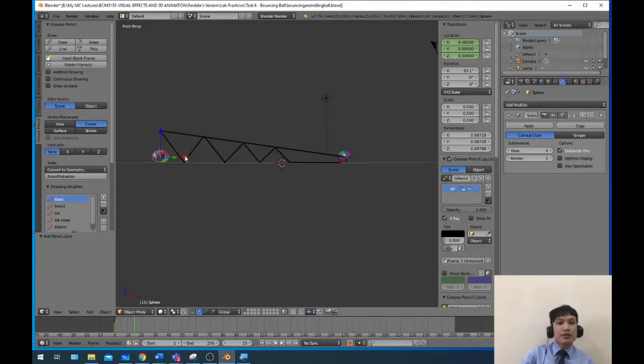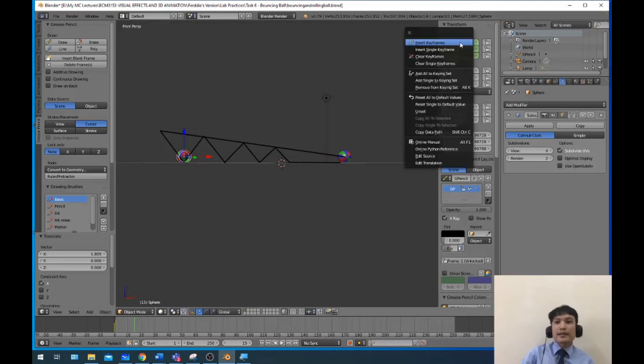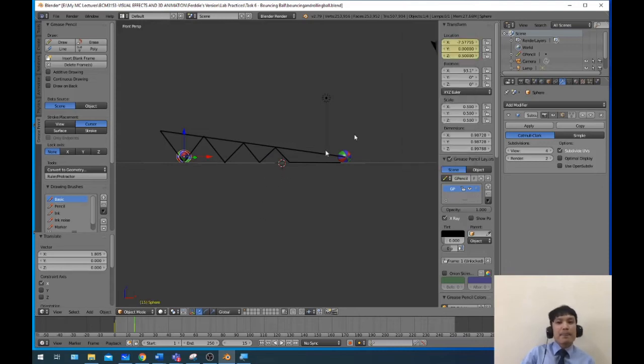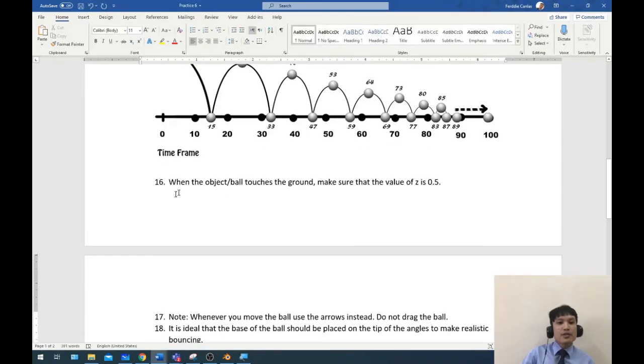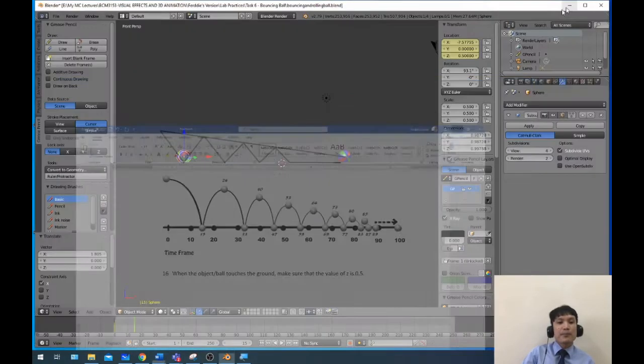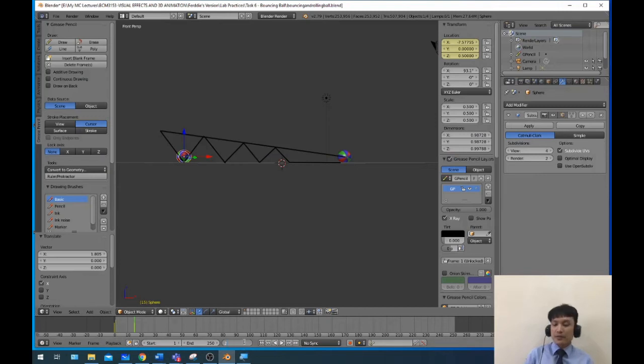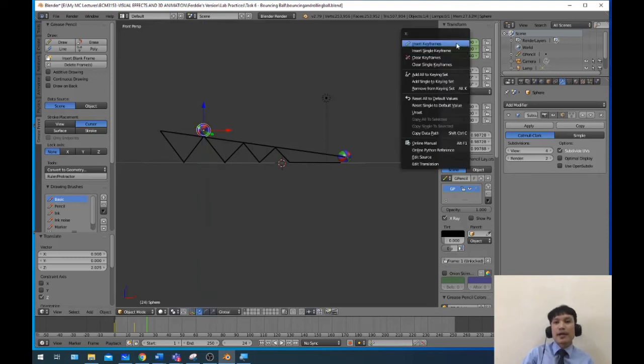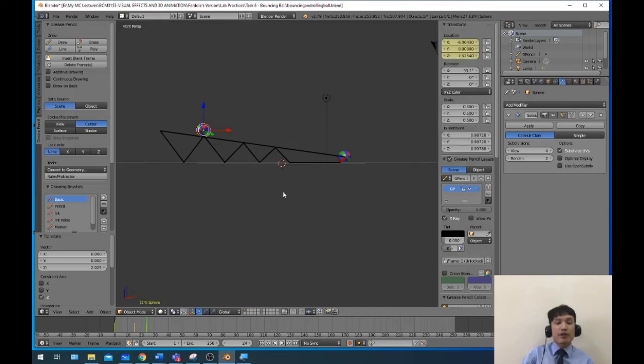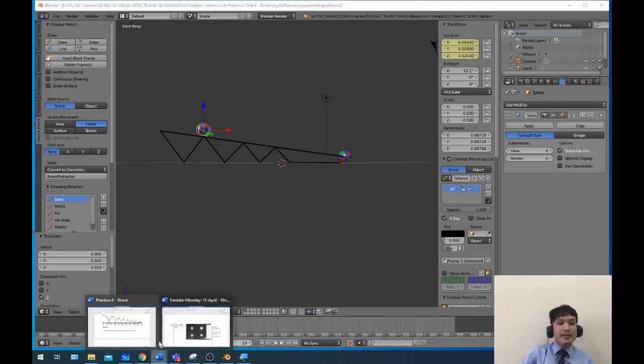And we have to move it on the X here. Then right click, insert keyframe. Then let's go with the next timeline, which is 24. Type 24 here. Then change the position of the ball at time 24, and then create a keyframe in that. Insert a keyframe. Then next time